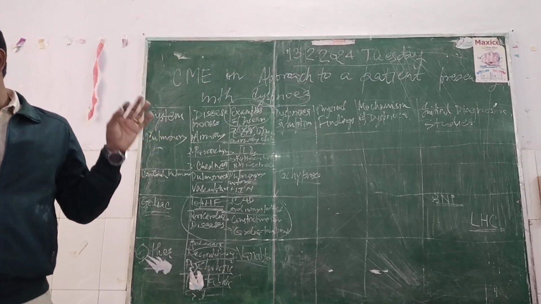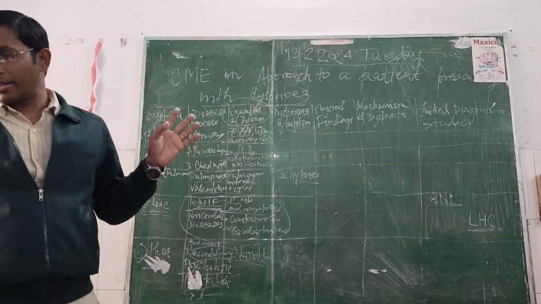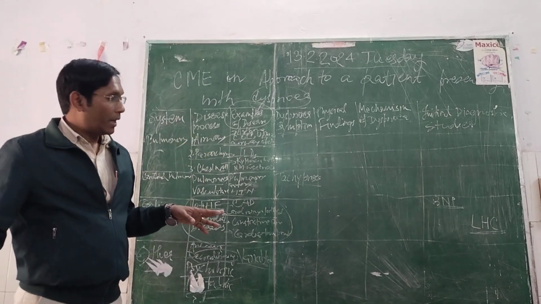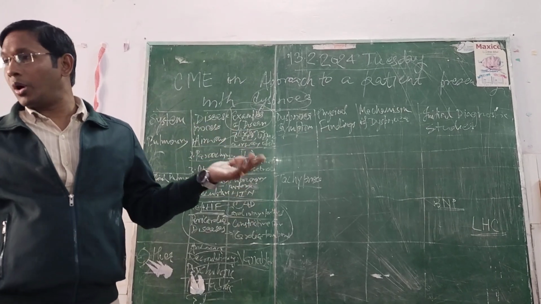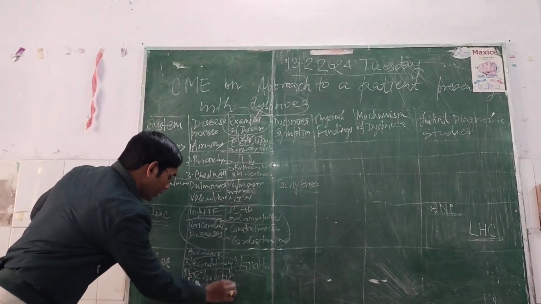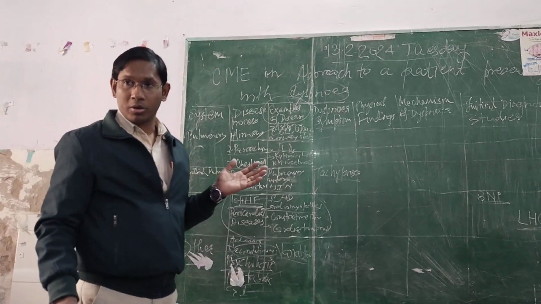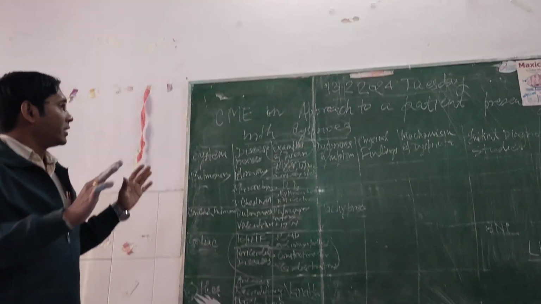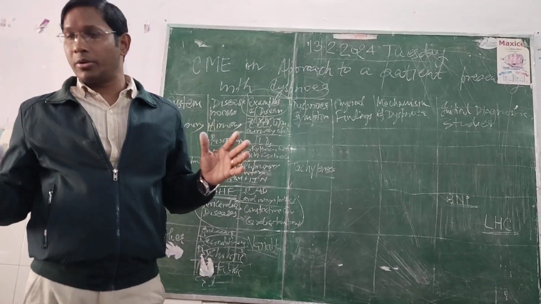CBC, important is CBC, metabolic panel, thyroid function test, upper GI endoscopy, esophageal pH monitoring for GERD, and for aspiration pneumonitis you may go for chest X-ray, and you also have to rule out other causes to reach down to psychiatry, because until you rule out organic causes, you cannot label anything as psychological. So this was somewhat complicated, but I think if you go through it again and again, many things should be clear.